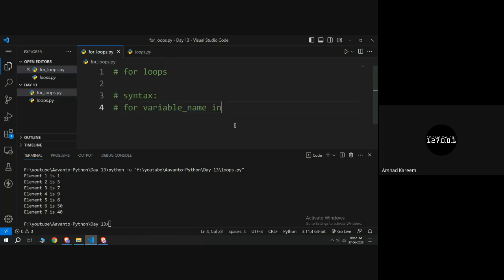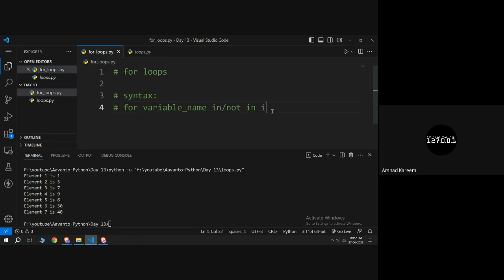After that, we will use a membership operator. So it is important here that we use a membership operator. We have discussed membership operators, right? There are only two membership operators in Python. They are in and not in. In case of for loops, we use the in membership operator a lot. And according to the syntax, it is mandatory to use this membership operator. So here after the variable name, we use a membership operator. It can be either in or not in, but basically we use the in operator a lot. But we can also use not in. So, first the for keyword, after that a variable, after that a membership operator, and after that